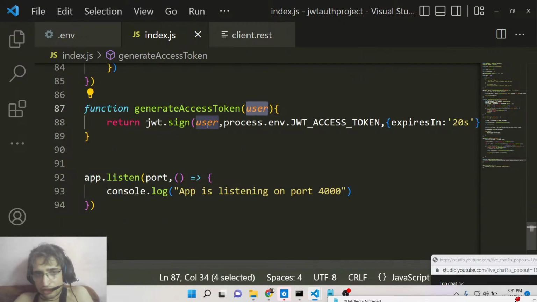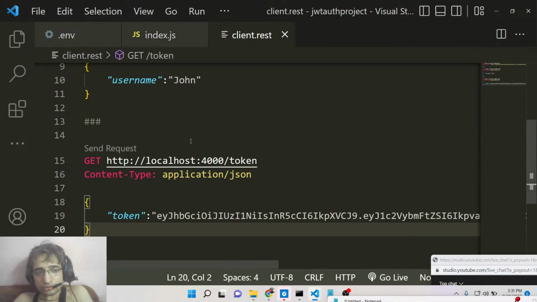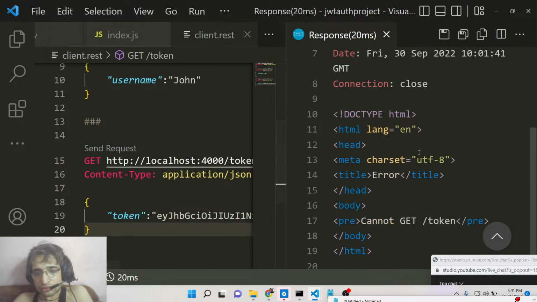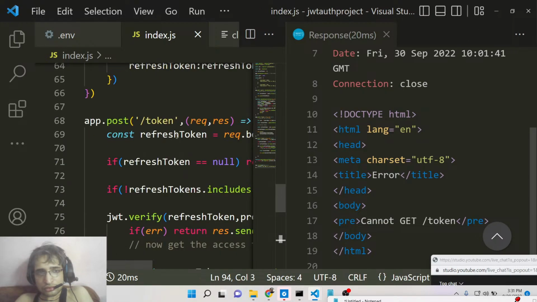So here we are saying the actual user. Cannot get slash token. Sorry, this needs to be